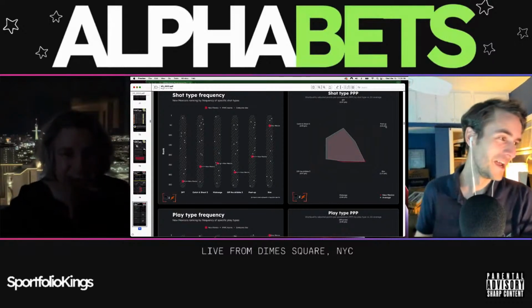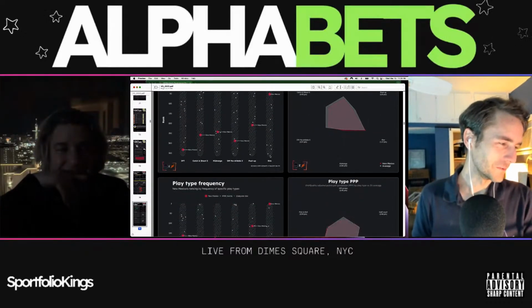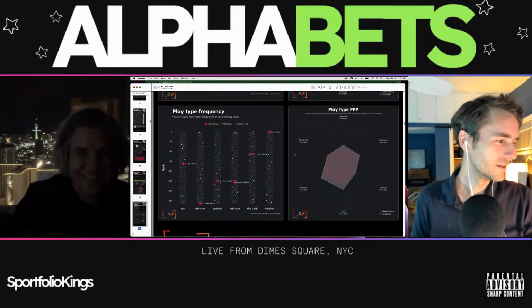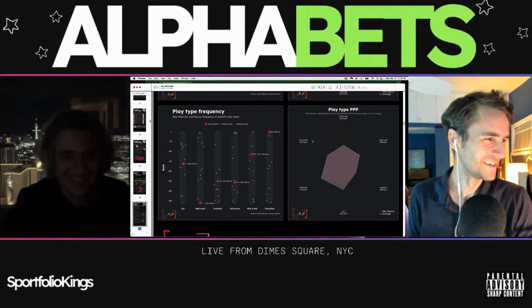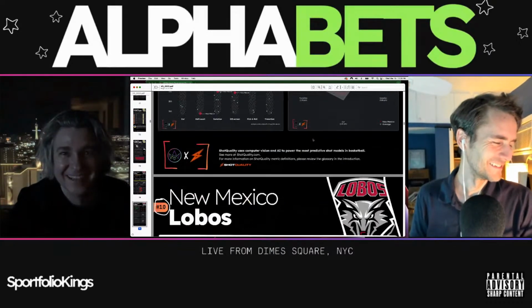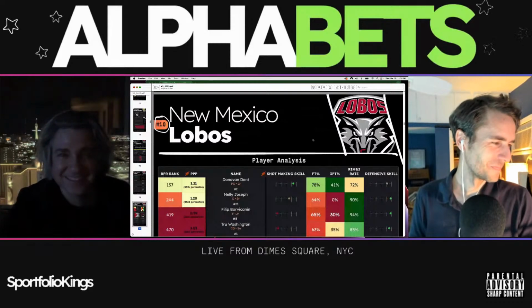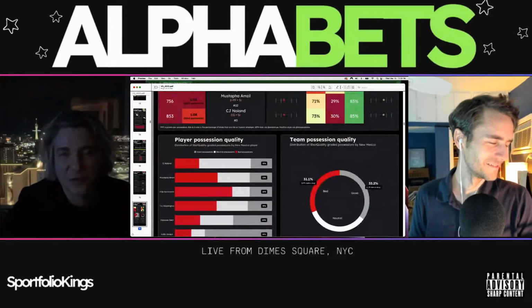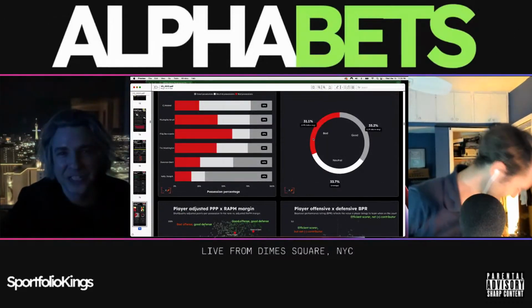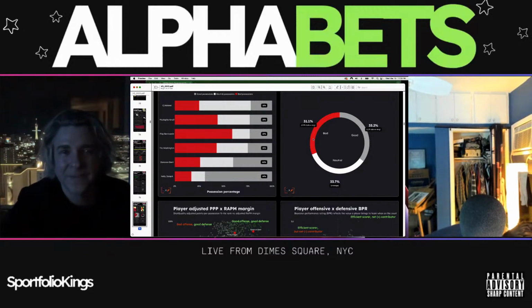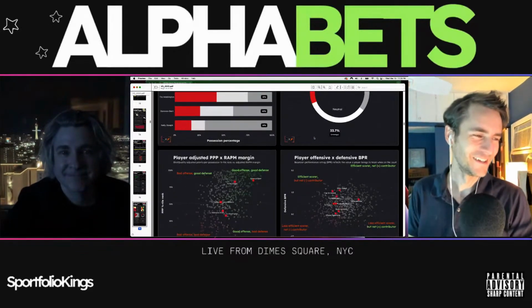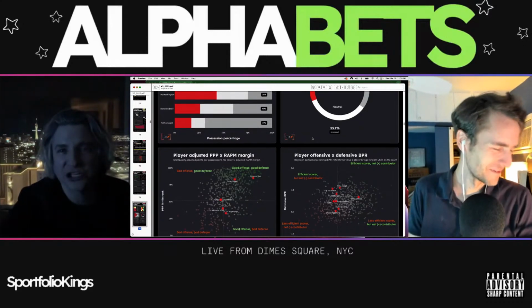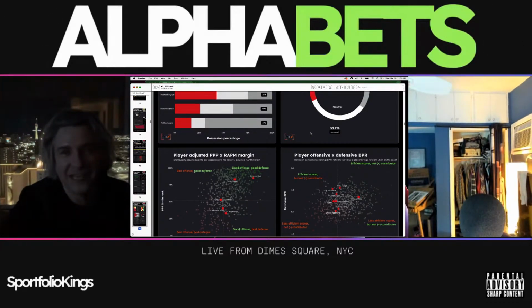Isolation, nah. Off screen, nah. We just do pick and roll and transition. They're shooting about 30 percent from three. All their players skew to the middle or the bottom left.